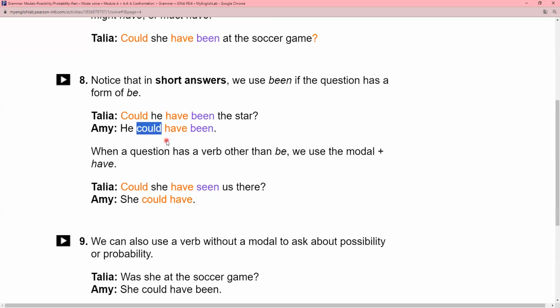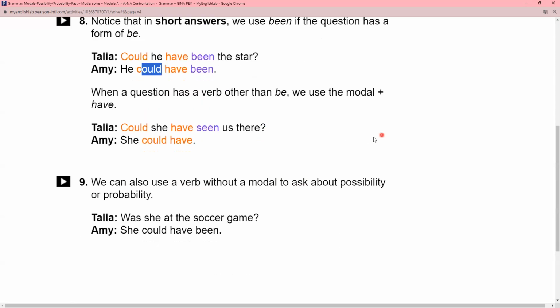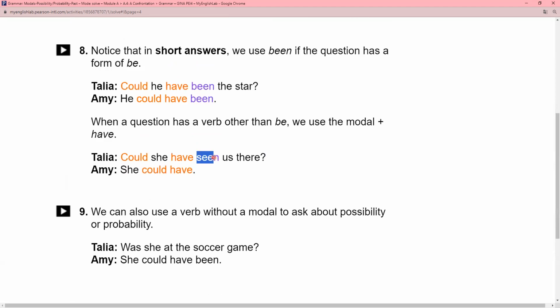So you can also use may if you're not sure, but if you're really, really not sure, might, for example. Right, so we're going to see in this other point that we have another verb that is not part of the verb to be, but what are we going to do? We're going to just reply, but without the verb in its participle form. I mean, we only need the subject, the auxiliary,